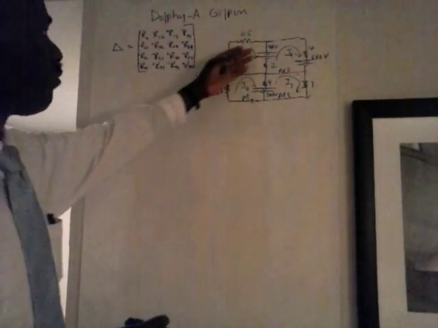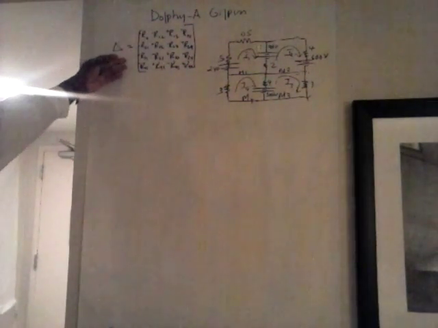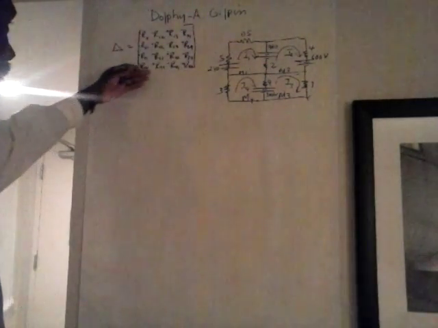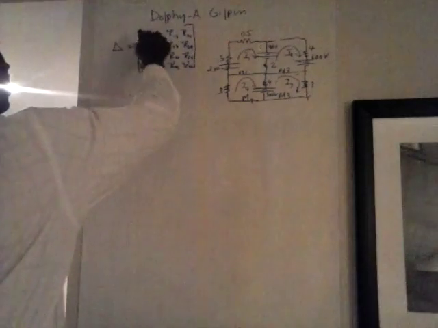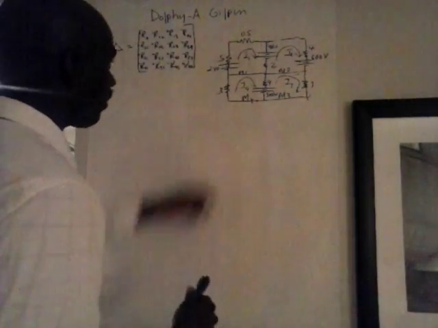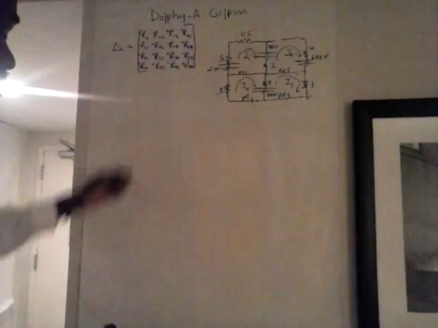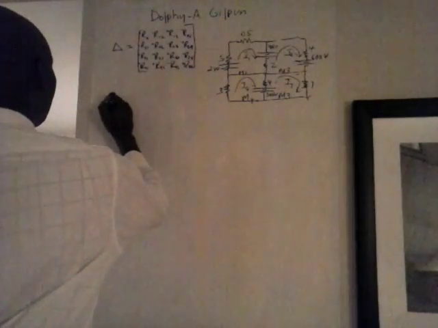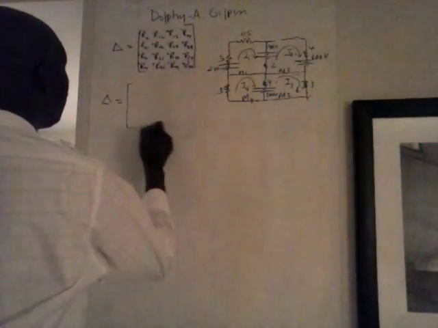Now I've drawn a 4-mesh circuit here, and correspondingly we'll have the delta as the determinant of this, and we can put in the values of R11, R12 and R13 from the circuit. From inspection, let's put them in. We see now that delta is equal to the determinant of